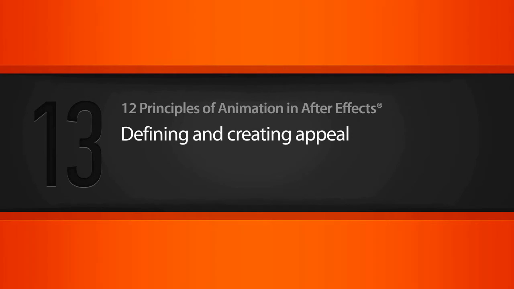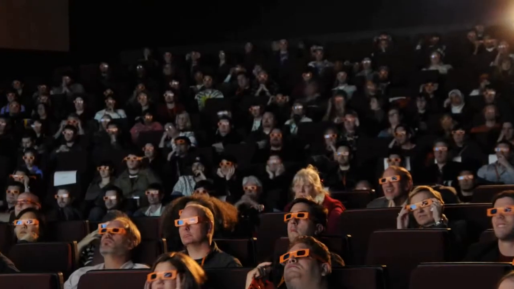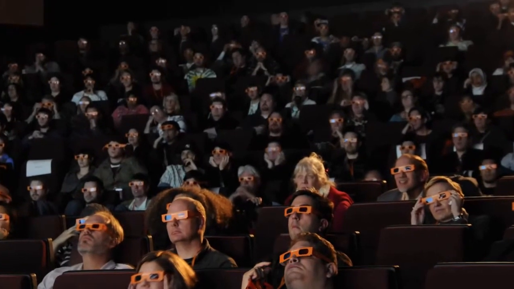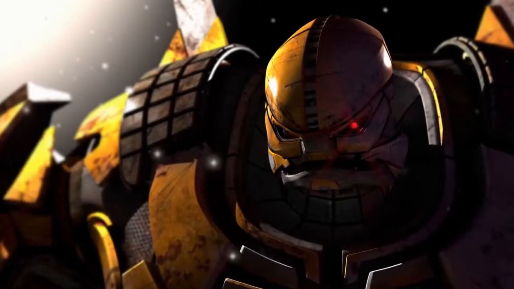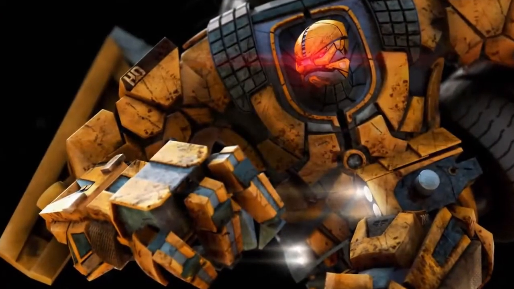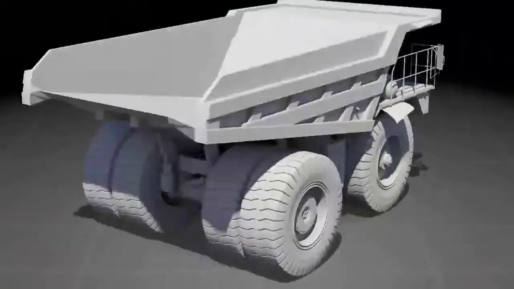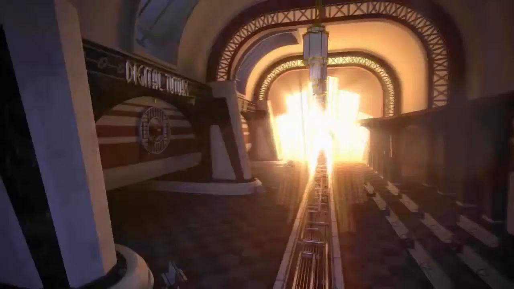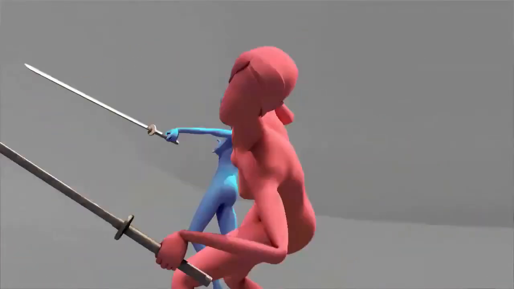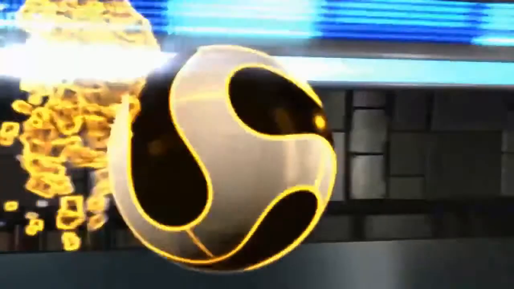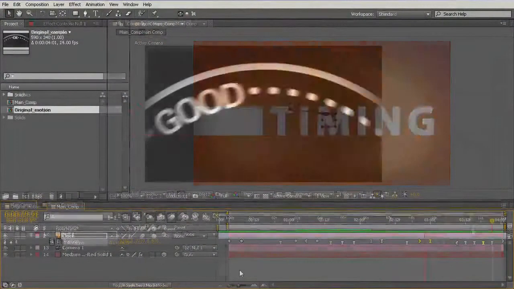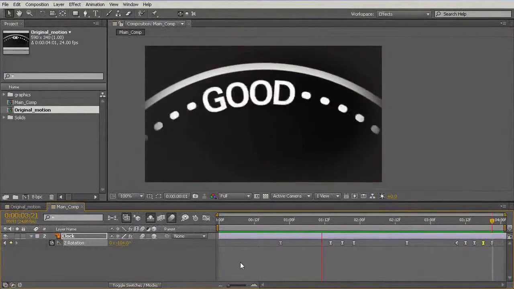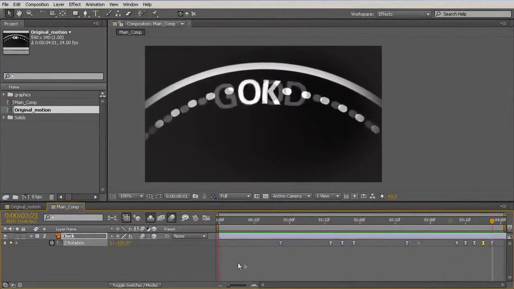Now, we're not going to be working through anything inside of this lesson because appeal is really about how the audience is taking in and connecting with your shots or your motion graphics piece. It's not a universal formula. We cannot deconstruct appeal into something that says I can go through A, B, and C and my shot will end up appealing. The best we have is the animation principles. So while you're going through and applying the animation principles to your work, always be thinking, is this appealing? Will the audience enjoy looking at this?